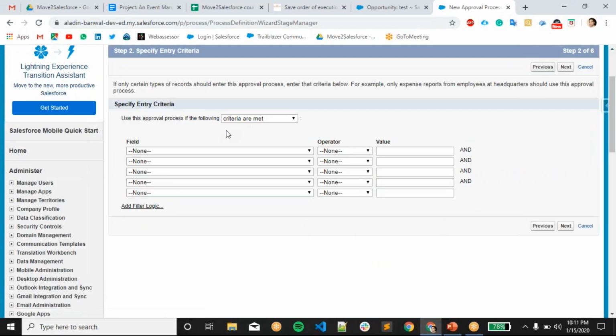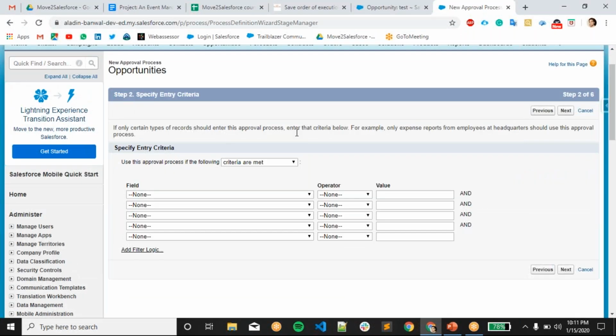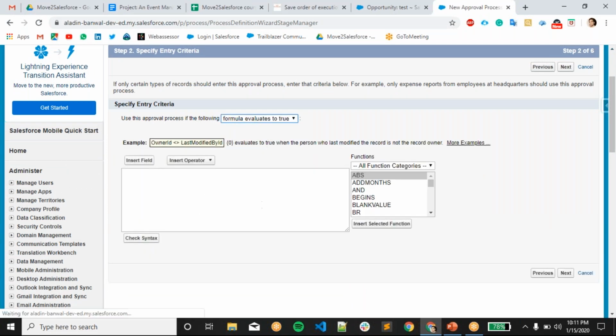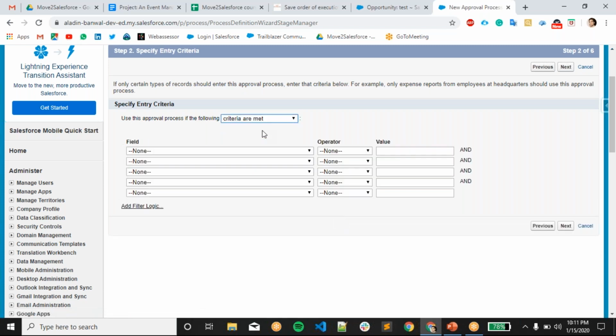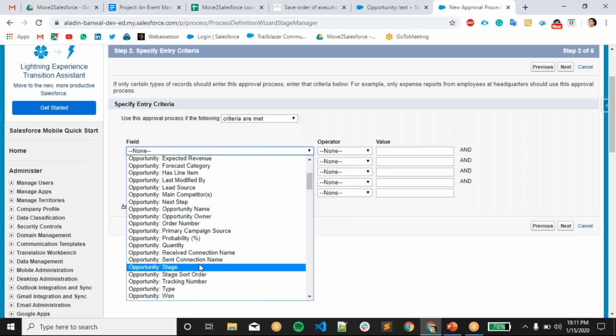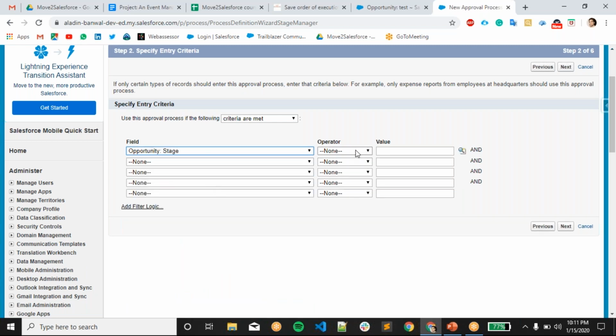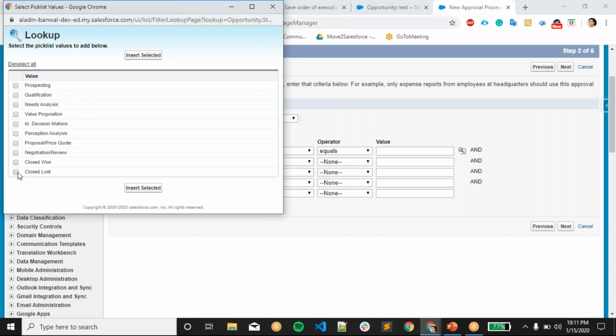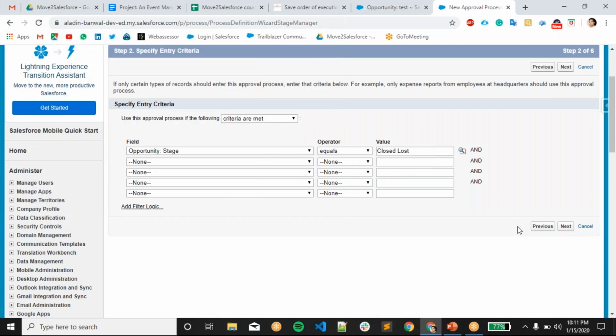In step 2, we have to set the entry criteria. We can select a formula, we can write a formula, or we can give the entry criteria by choosing the field and the value for that particular field. So let me check the stage field, where stage equals closed.